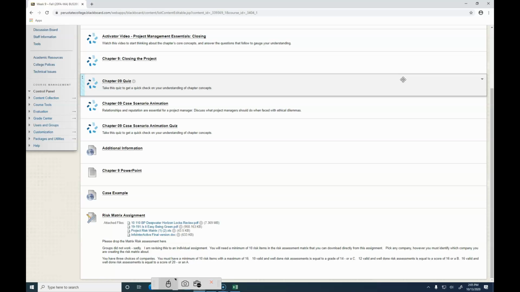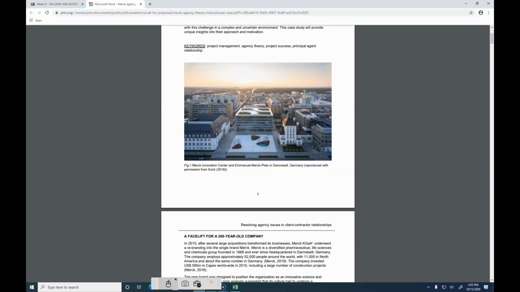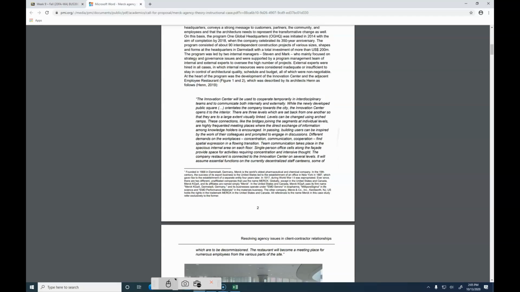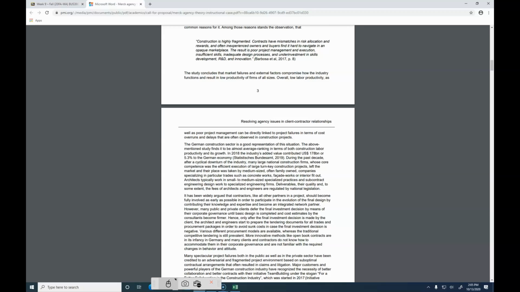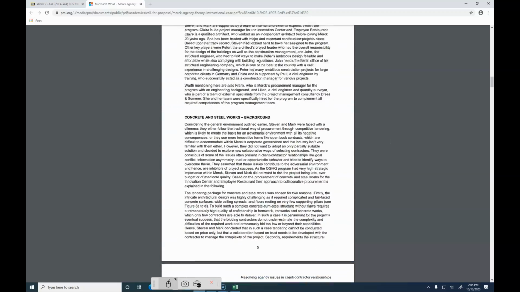So I put in here an example one. The reason I threw this one in is this way you can see what it would look like. This one has all kinds of details. This was a project to upgrade a company called Merck. I didn't realize it was that old, 350 years old, pretty old company. So they have a project to remodel the company. But what you also get in this one, and why I put this in as a study aid to start with,